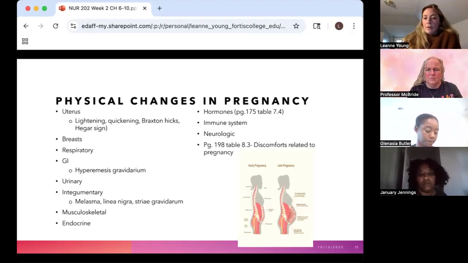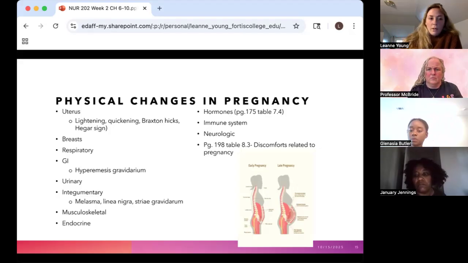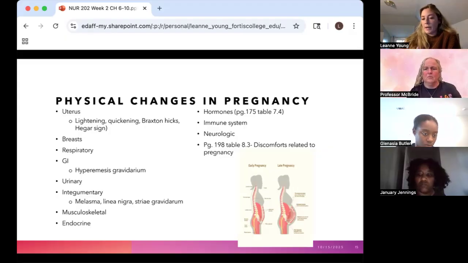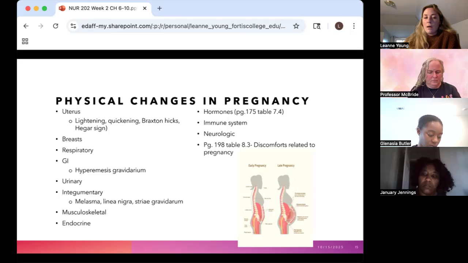GI, obviously, one of the biggest symptoms of pregnancy is nausea and vomiting. And then constipation. Constipation is due to a reduced amount of peristalsis, which is caused by your increase in progesterone. The important one for you guys to remember is hyperemesis gravidarum. This is when a woman physically cannot stop vomiting to the point that she is